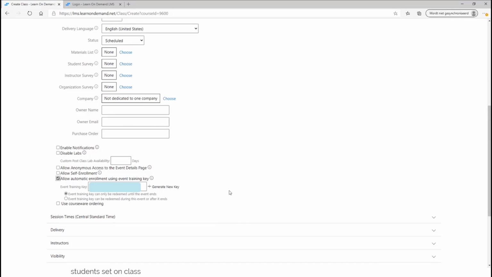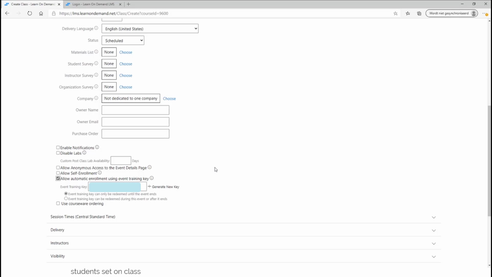While class enrollment keys require you to create a key for every enrollment, we have another type of instructor-led class key that allows you to create an event key, which will apply one key which can be used for every enrollment. What I've done here now is I've generated one key, but as explained, of course, you can generate multiple keys as well if that is what you prefer. Going back to the event key,